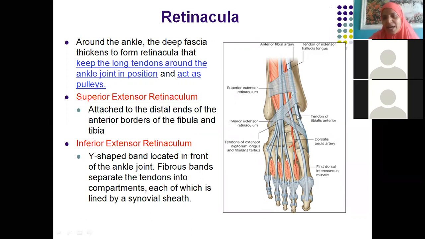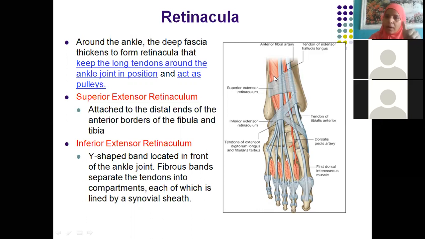T is standing for tendon of tibialis anterior. H is standing for the tendon of extensor hallucis longus. Then the hospitals, A is standing for anterior tibial artery. In the dorsum of the foot, it continues as dorsalis pedis artery. Never is deep peroneal nerve. I told you the anterior compartment of the leg is supplied by deep peroneal nerve, isn't it? Then are never dirty. Dirty is